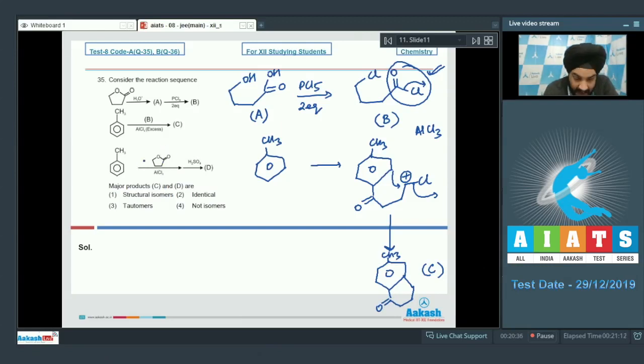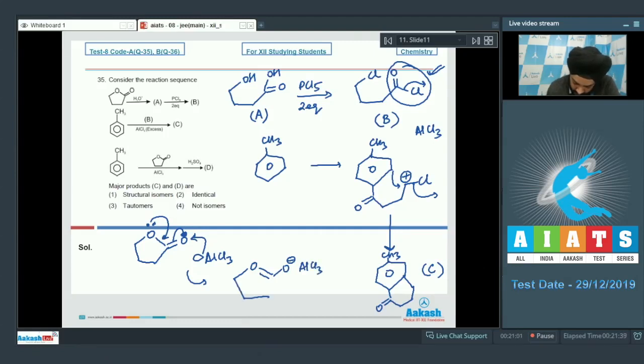So we have this ester reacting with AlCl3. Students, if we talk about this ester, we know that the AlCl3 is going to attack at this oxygen since it is more nucleophilic. So we're going to have the formation of a complex. There will be a plus charge over the oxygen. Now students, this is allowed to react with toluene. When this is allowed to react with toluene, the attack is going to happen from the para position of toluene at this carbon, and this bond will shift over here. So we're going to have the formation of, we'll try and draw it in green, students,